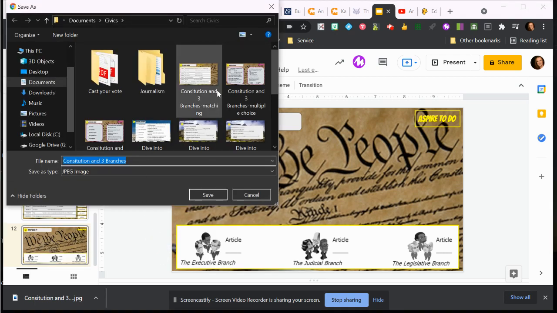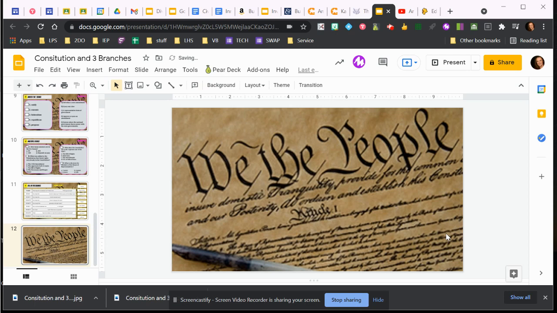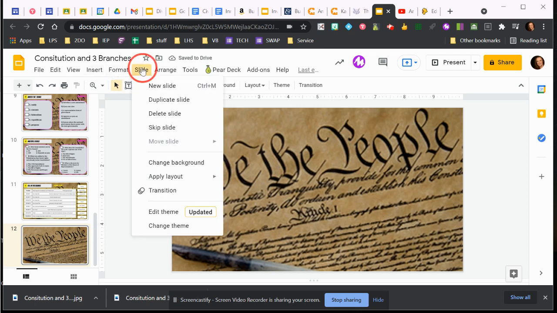So then my save thing's going to come up. I've saved a couple things under this, so I'm just saying this is a Who Said It. Okay, then I'm going to choose everything that's movable on this. I'm going to highlight the whole thing and make it go away. So I just click my backspace button,